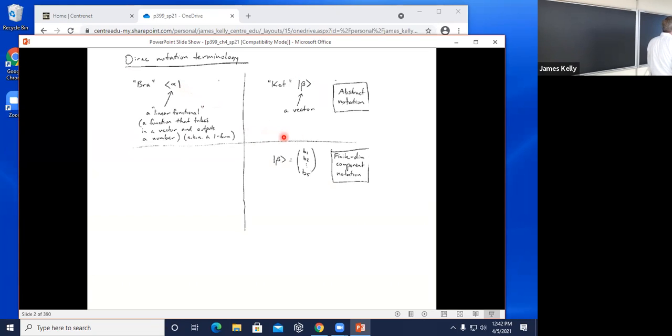Just for example, how this looks in various contexts. If we're using our finite dimensional vector space, representing things as column vectors like this, here I'm imagining a 5-element column vector. What would a corresponding bra look like? Well, let me just tell you the answer. You write it as if you know the corresponding vector that you want to take the inner product with, instead of writing it as a column vector, you write it as a row vector and you take the complex conjugate of all of them. And that represents the bra in this